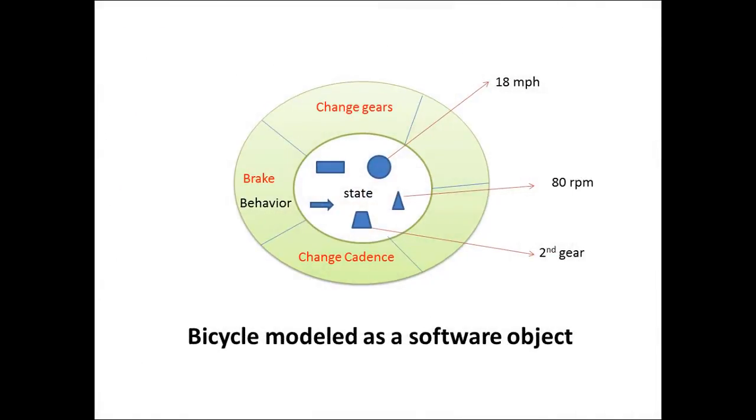Consider a bicycle, for example. By attributing a state, current speed, current pedal cadence, and current gear, and providing methods for changing that state, the object remains in control of how the outside world is allowed to use it. For example, if the bicycle only has 6 gears, a method to change gears could reject any value that is less than 1 or greater than 6. Bundling code into individual software objects provides a number of benefits, including modularity, information hiding, code reuse, and so on.